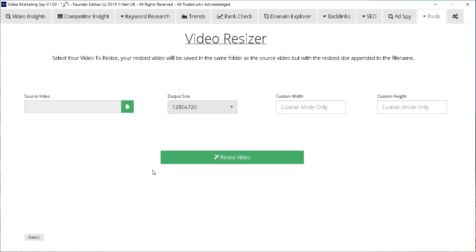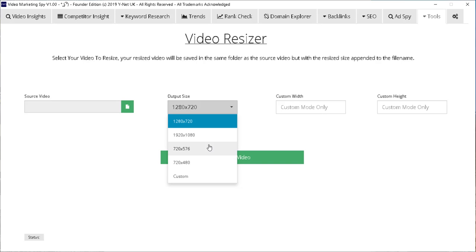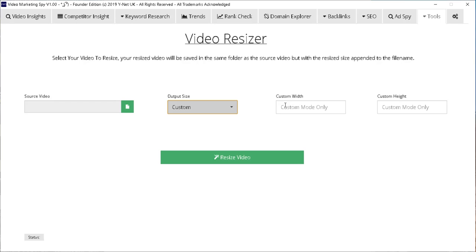This can be handy if you want to upload a video in a different resolution to YouTube or whatever, or if you just fancy resizing a video anyway. It's really easy to use. You click here to select your source file. You can either click here and you've got a list of preset sizes that you can resize to, or if you want you can click custom and then you can put your custom width and your custom height in pixels